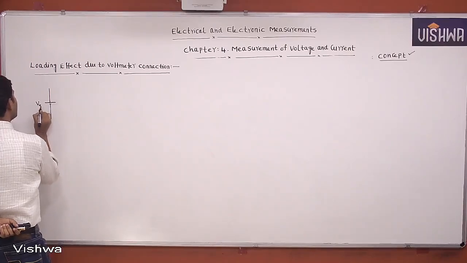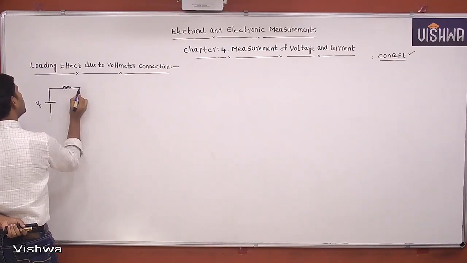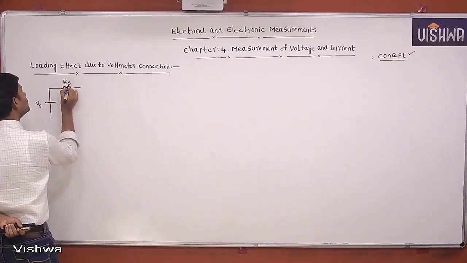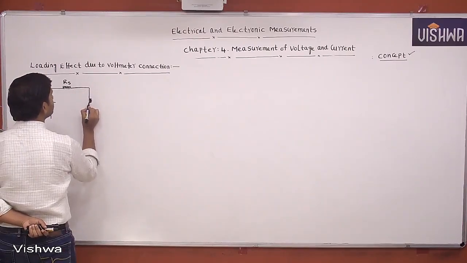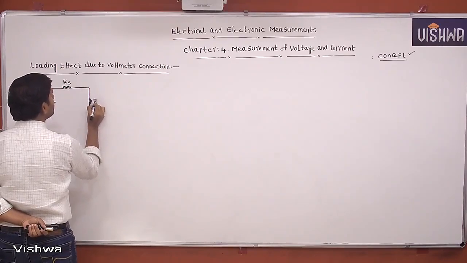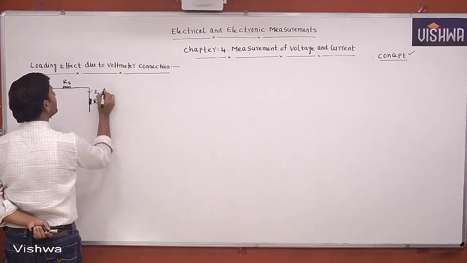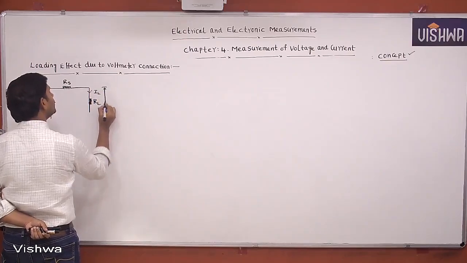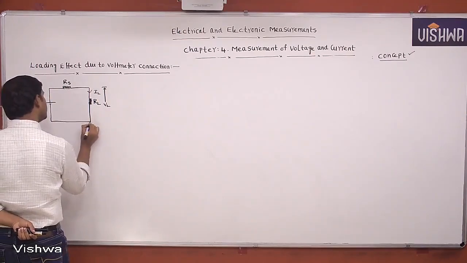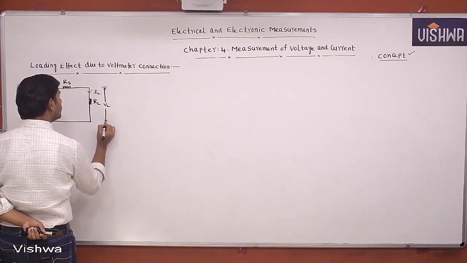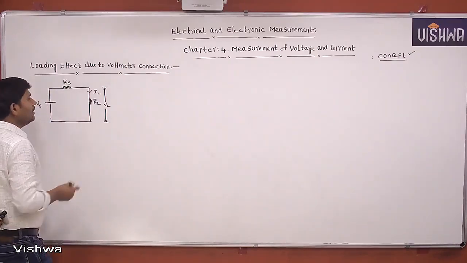Let Vs is the supply voltage. Rs is the source resistance. RL is the load resistance. IL is the load current. VL is the load voltage. Then theoretically,